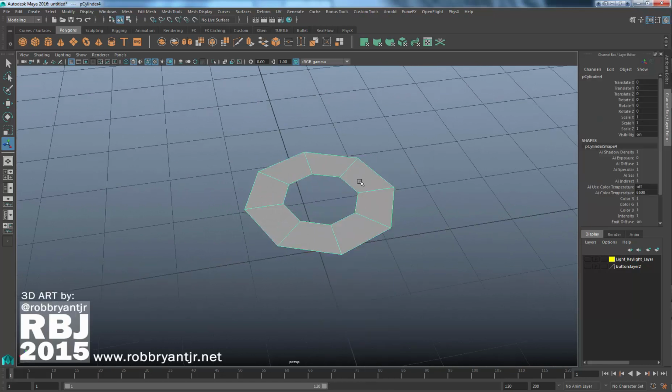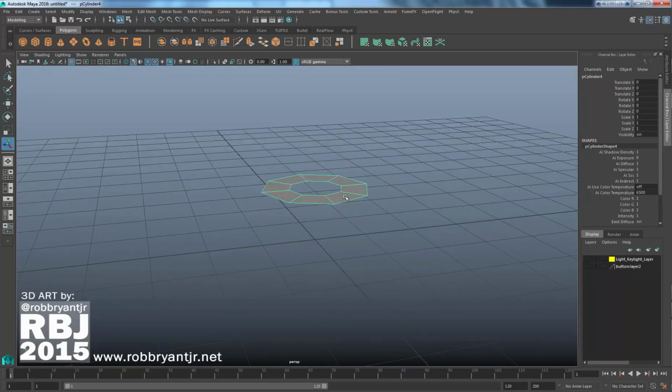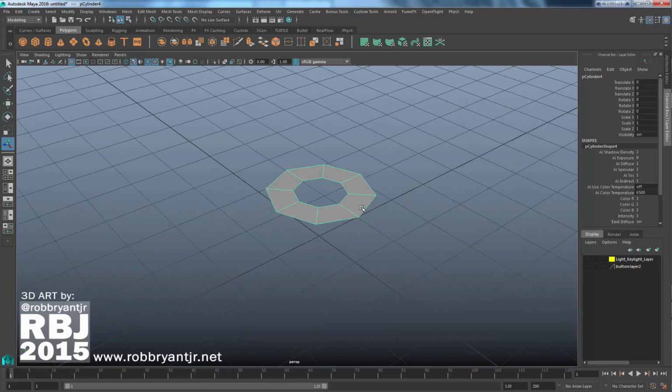In this particular technique of modeling the button, we're going to start from the inside and work our way out. So in this particular case, we're going to be modeling the buttonhole, and then we're going to work our way out to the button outer geometry. So now that we have this, we're going to go into our top view by clicking on the